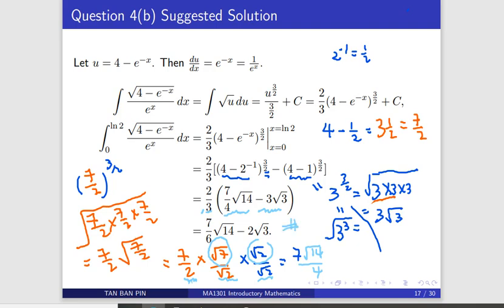So in this question, the most important thing you must know is that e power minus x is 1 over e power x. So this substitution will work. And then one more thing is e^(ln w) is w, so that you can simplify e power minus ln 2. It will be e power ln 2 power minus 1 and give you 2 power minus 1. So that's how we get this. Otherwise, you will not be able to get the exact answer. If you key in directly to the calculator, it will give you a decimal.